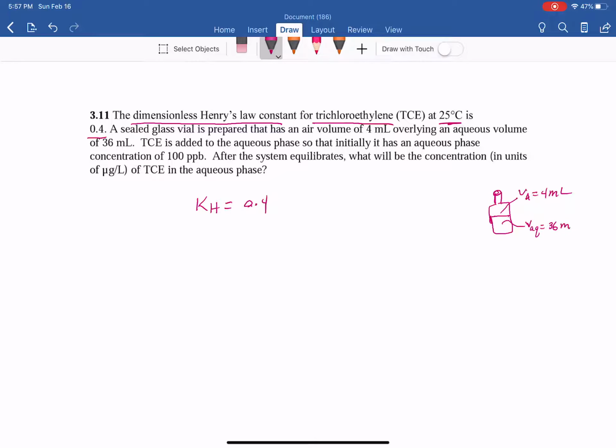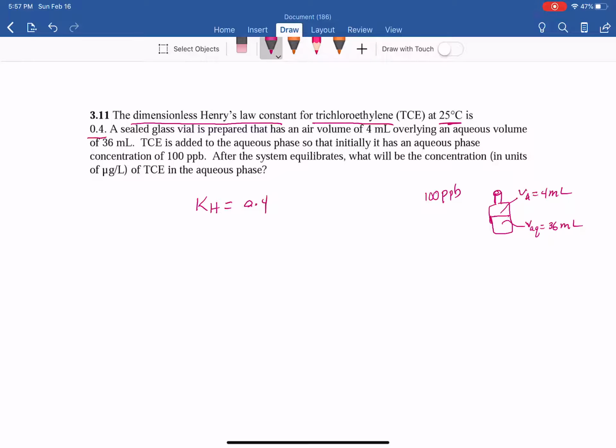36 milliliters. TCE is added to the aqueous phase so that initially it has an aqueous phase concentration of 100 parts per billion. After the system equilibrates, what will be the concentration in units of micrograms per liter of TCE in the aqueous phase? Okay,